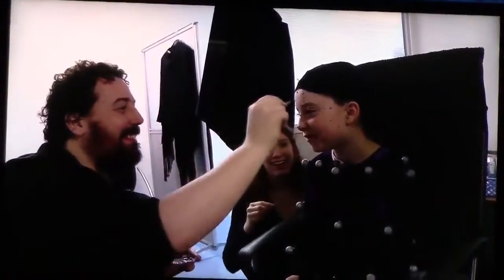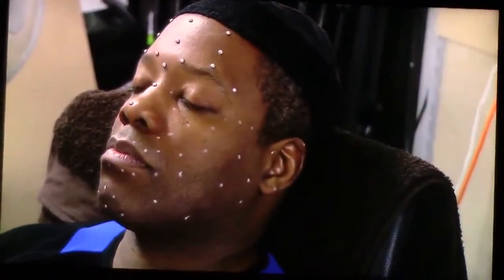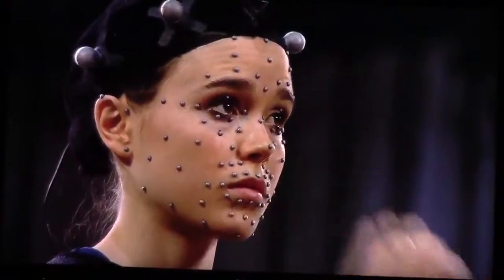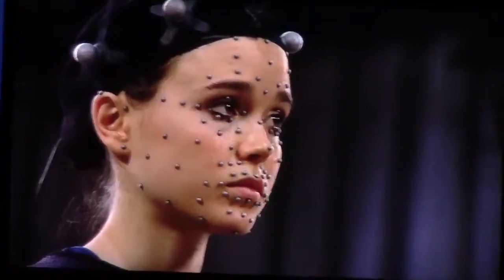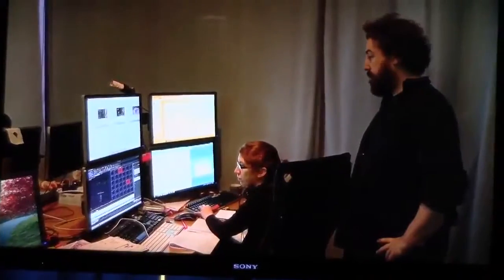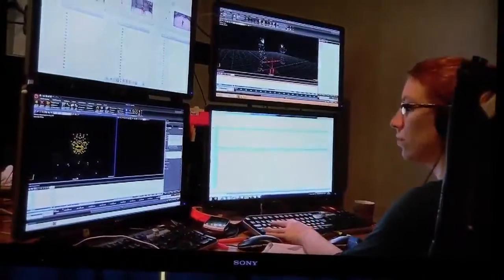So you have someone sit in a chair, and it's almost like they can meditate or do whatever, close their eyes, and just carefully place 100 markers on their face. It takes much longer than putting the markers on the body. And after all of that, you're shooting. And in the process of shooting, for every single shot, we have to make sure we got a reasonable amount of data. It's the equivalent of checking the gate.